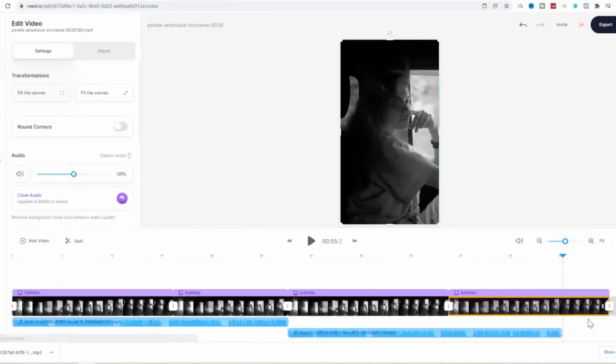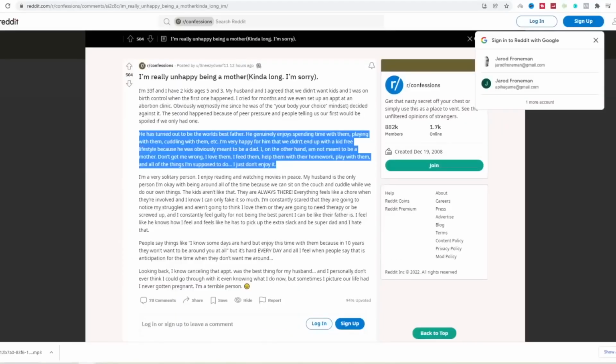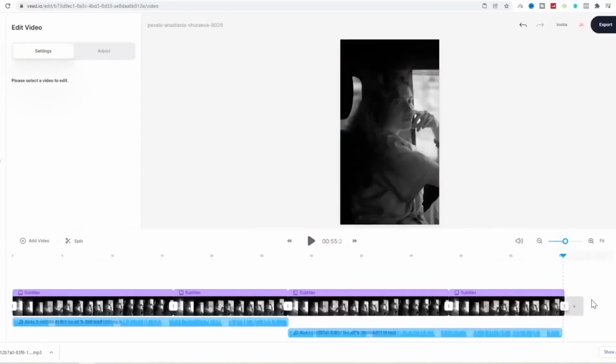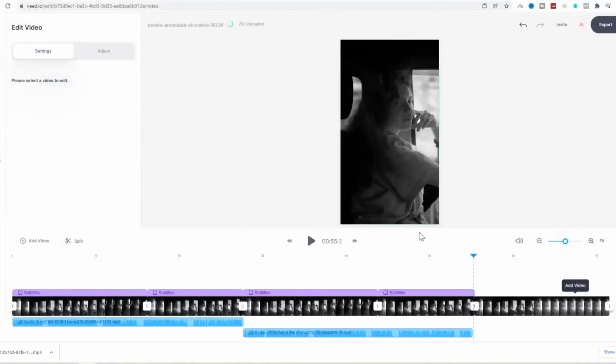And there we can click on this video and right click, split elements, delete this, and then finally for the third paragraph, we can copy this, come back to v.io, and upload that same video. As you can see, the background video is just playing on repeat. That's basically why we're uploading it multiple times.